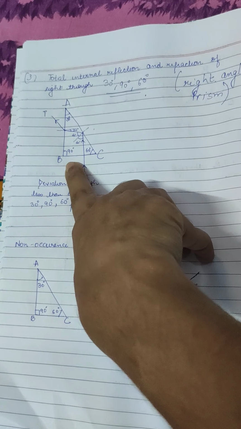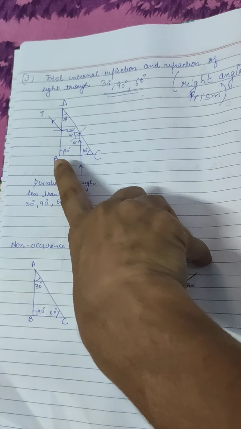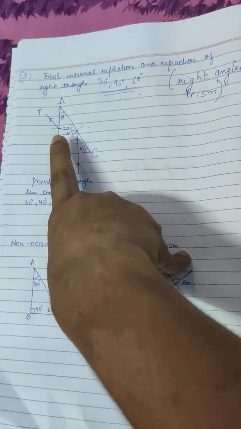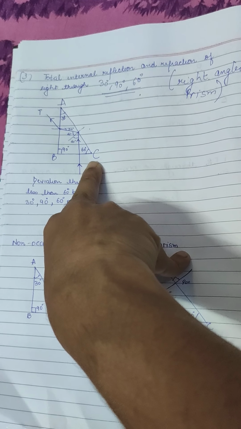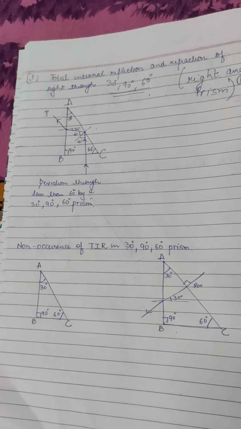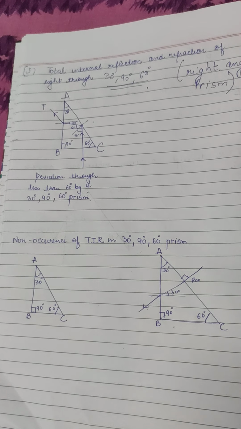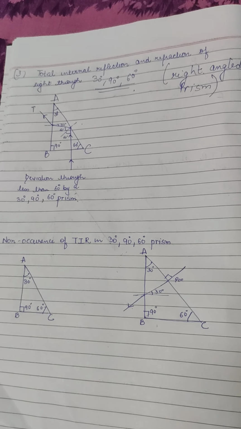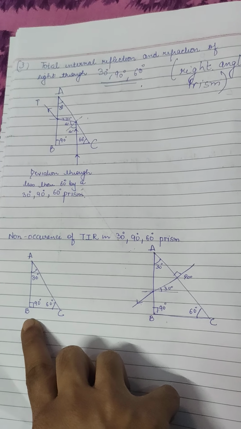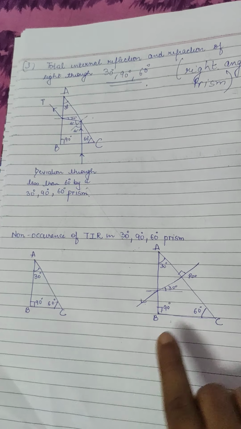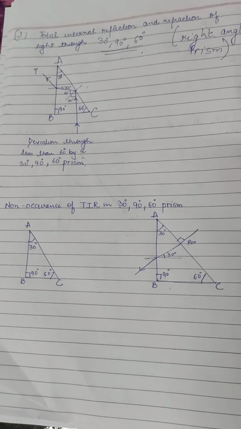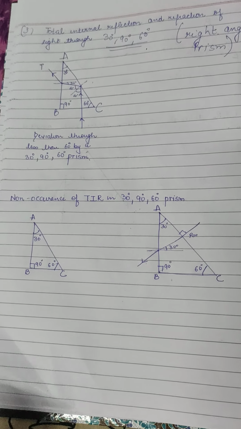Look, in this case now everything will be different. If you take the ray from the BC side, from the AB side, or from the AC side, the difference will be there. Now there are also cases in this when there is no occurrence of total internal reflection. When does that happen? When we are talking about the face AB and the face AC. There is an exception in AC, we will do that further.